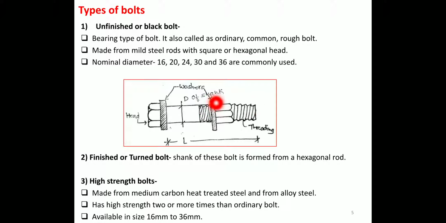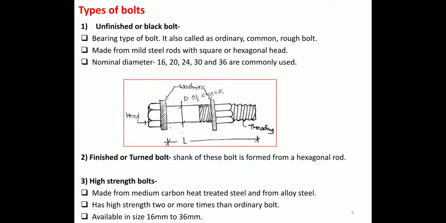And here this small circular strip is placed in the bolt assembly, known as a washer, that is called a steel washer, which distributes the clamping pressure over the bolt. This portion is called the head. From the steel washer to this threading section is known as the length L, and this is called the diameter of the bolt, which is denoted by D.